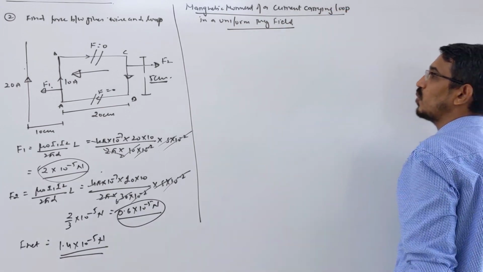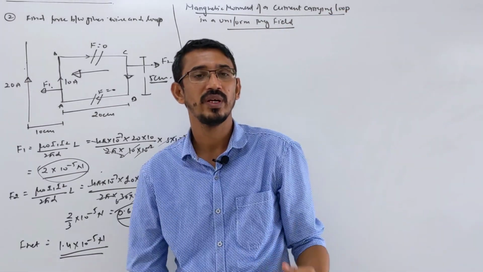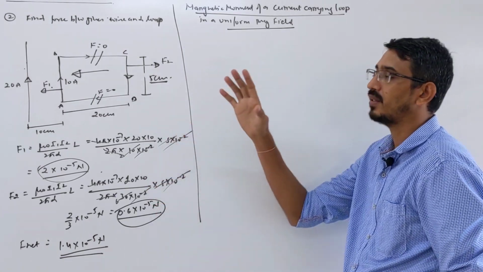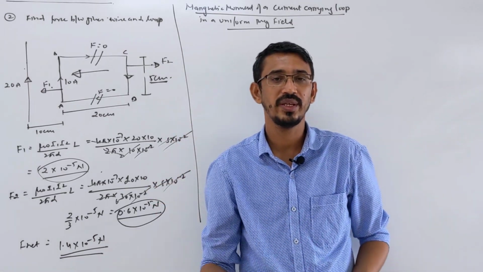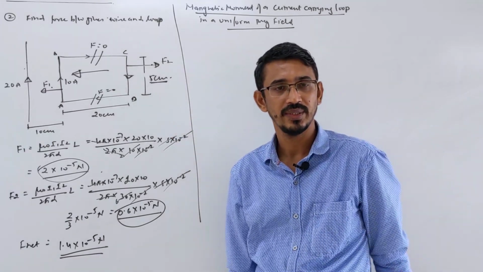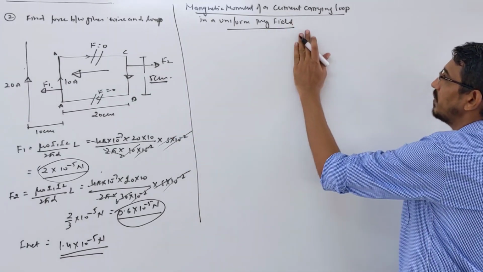Now we're talking about what? Closed loop. So on wire what we have? We have force, correct? Okay. So force we have discussed. Now we said with a closed loop, the net force is always 0. So what will we have here? Magnetic moment, or you say torque. Okay. Let's talk first about magnetic moment.